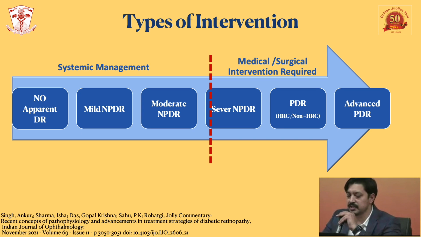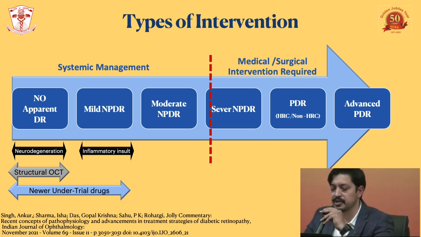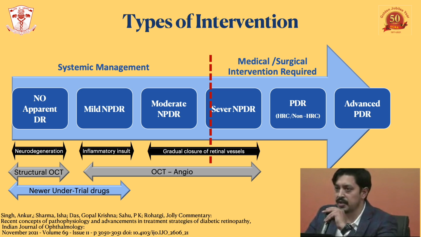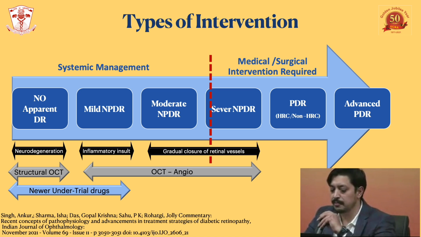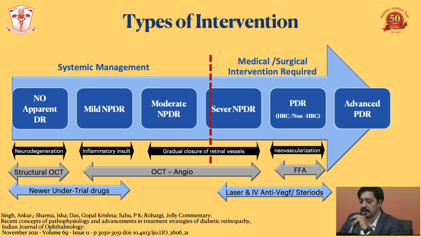There is something known as neurodegeneration, and we understand that before the clinical picture of diabetic retinopathy develops, neurodegeneration is happening, which involves the microglial cells, and microglial cells release inflammatory mediators. These mediators lead to inflammatory insult, which causes an inflammatory state in the retina that causes closure of the retinal vessels. This closure leads to formation of CNP areas. These CNP areas are the reason for the release of VEGF, and that VEGF is going to cause new vessels, the aftermath of diabetic retinopathy, that is proliferative diabetic retinopathy.